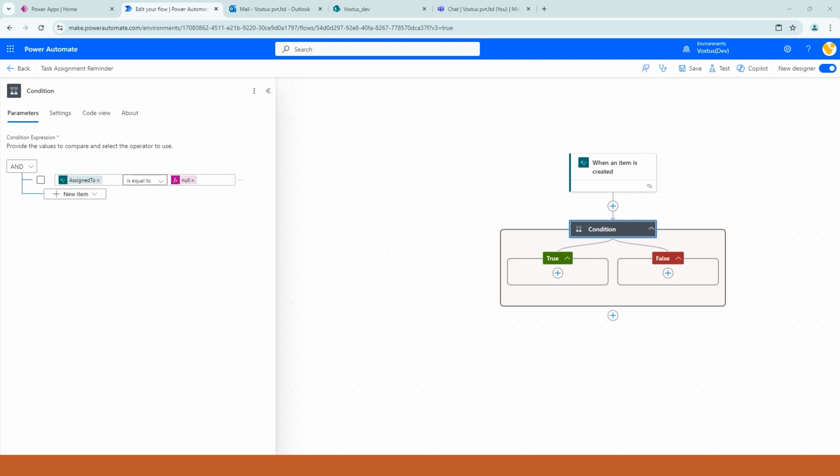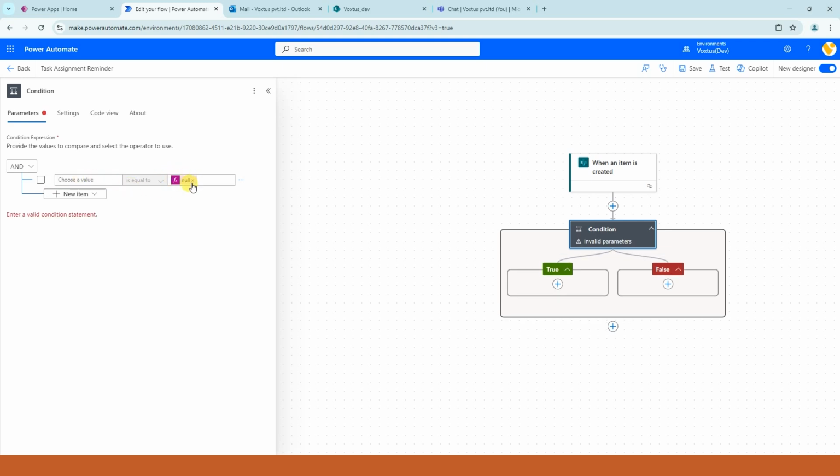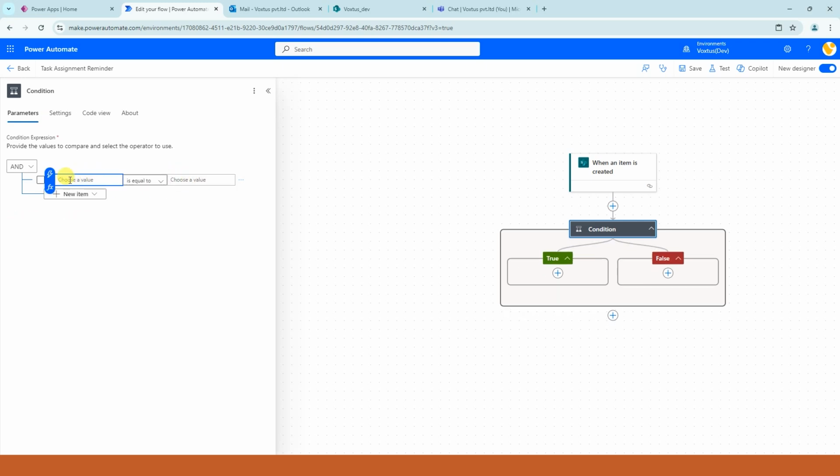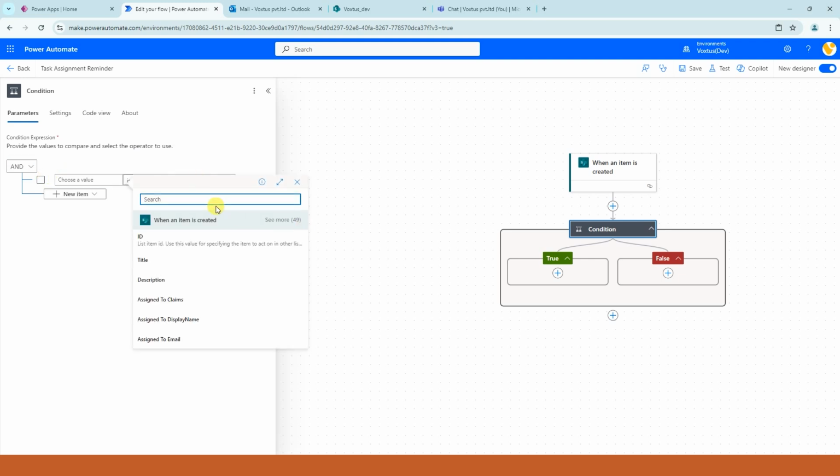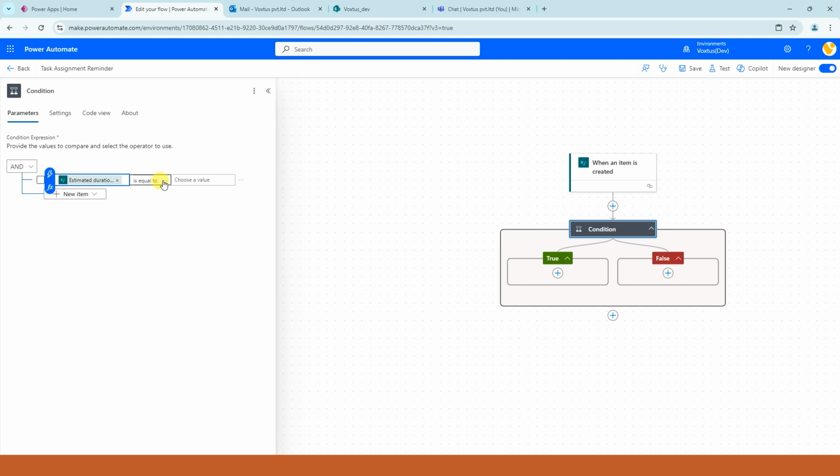Now, in our flow, we are going to make some changes. I'm going to remove this assign to and null also. And what I'm going to check here is the value of estimated hours. Estimated duration in hours is greater than 40. If it is greater than 40 hours, then